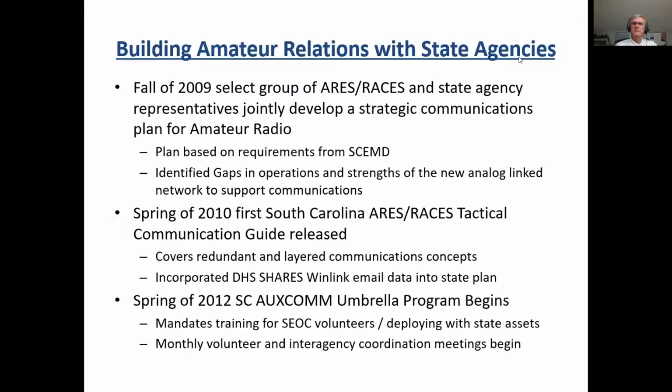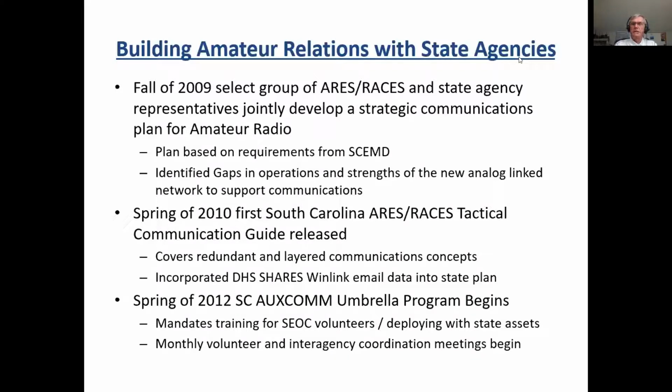Then in 2012, the plan was revised to integrate the SC OXCOM program. And each year the plan is revised and updated. Repeater information from the plan is carried over and published in the South Carolina Field Operational Guide, which is available for iOS and Android apps on your phone. And additionally, in 2012,